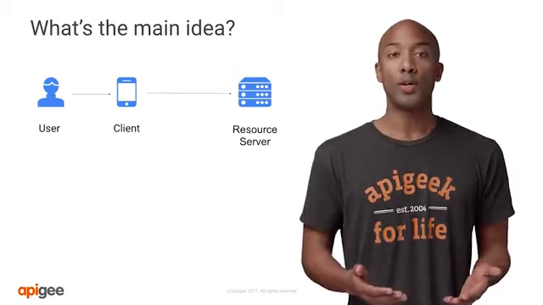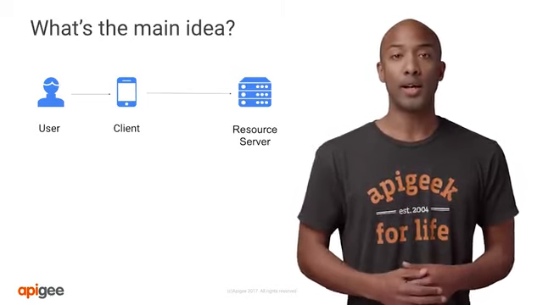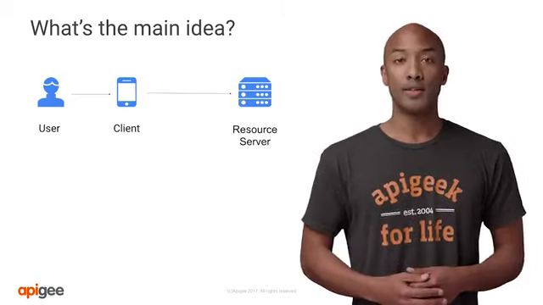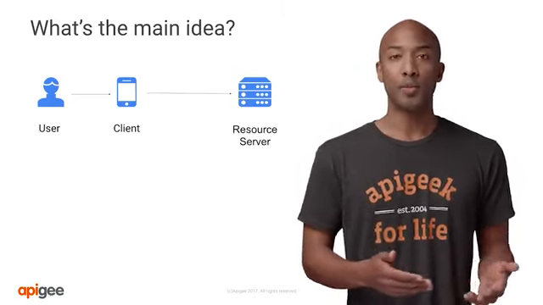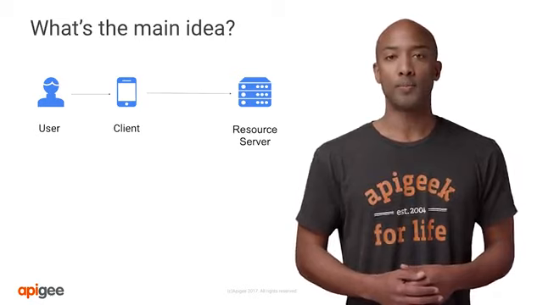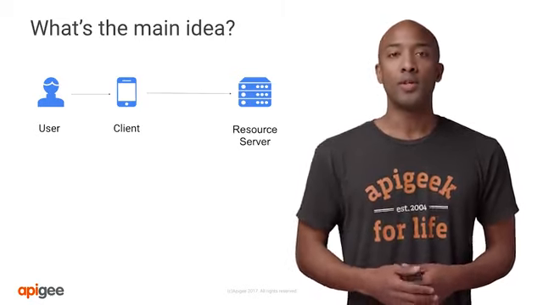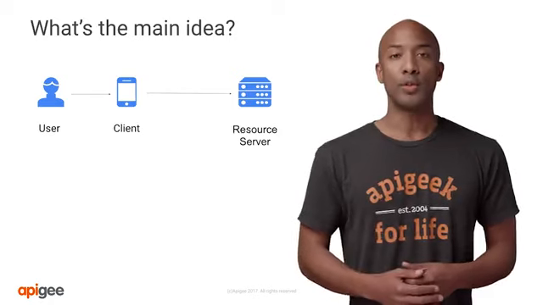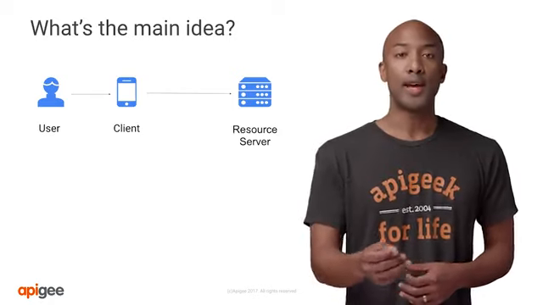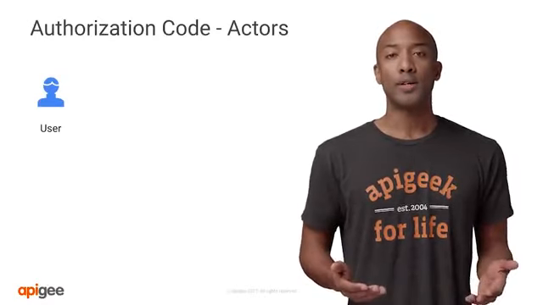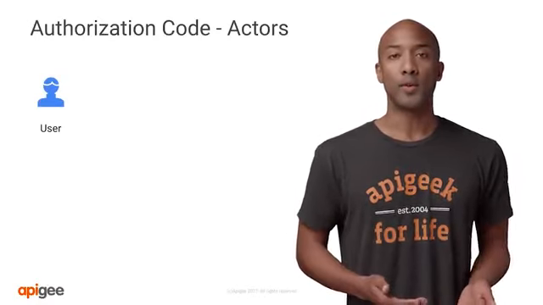Additionally, you don't want to share the user's credentials with the client app. For example, let's say you have an analytics client application that counts the number of messages you post to your Google account. You don't want to share your credentials with the client application. So the app lets you log in with your Google account, and then you allow the analytics app to access your Google account data. I'll start by describing the actors involved in the implicit grant.